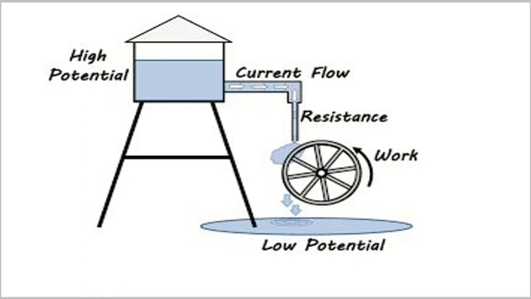In a similar way, if an electric current needs to flow, it also has to have a certain height or certain potential. That potential is called higher potential, and it will move towards a lower potential. That will be called negative potential. And this positive and negative potential is given by a battery or cell.